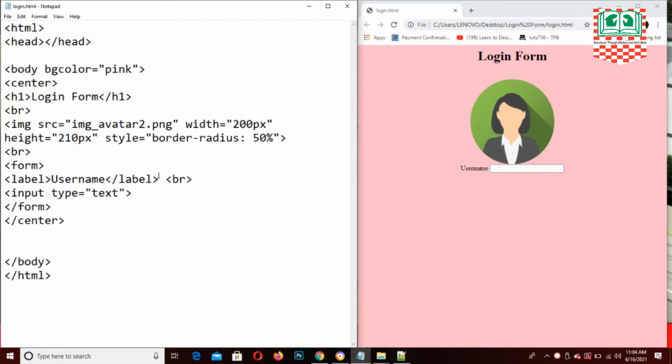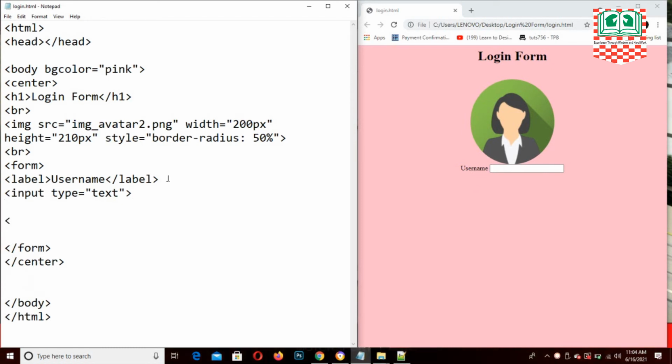So that after displaying the username, the computer will let it go down and display the input type. But in this case, we don't want to go to the next line. We want the username to be side by side with the input type. Okay, good. Now let's bring in another